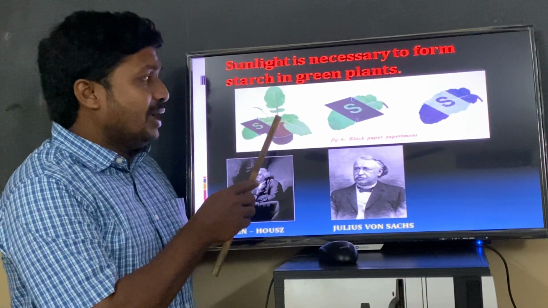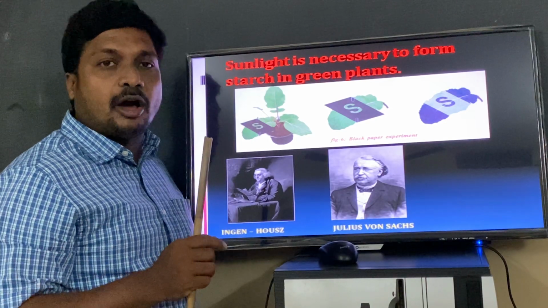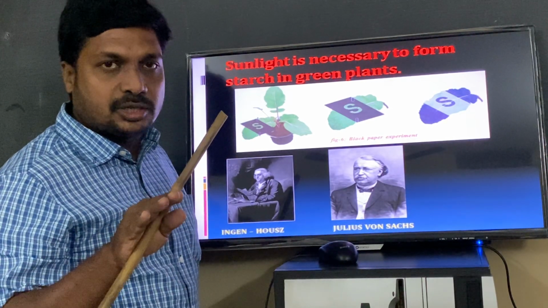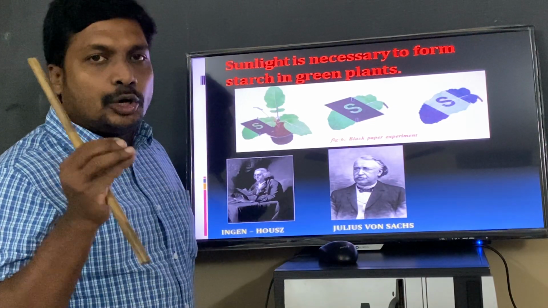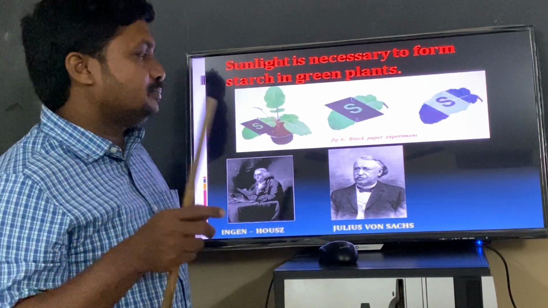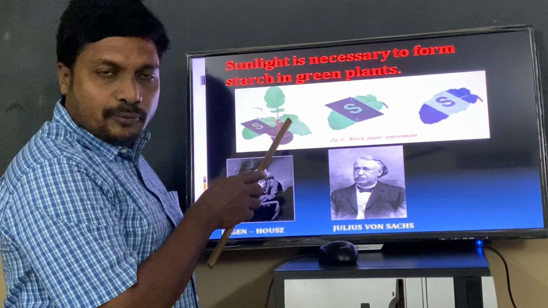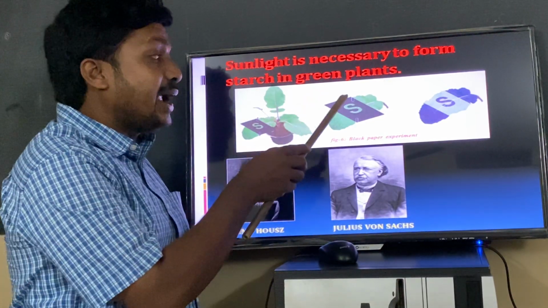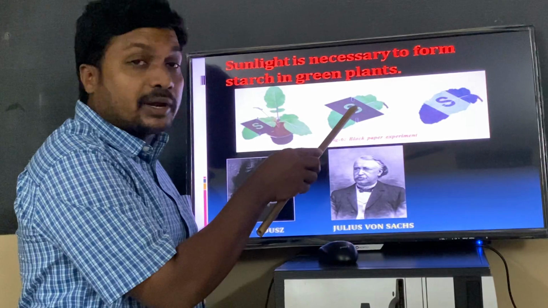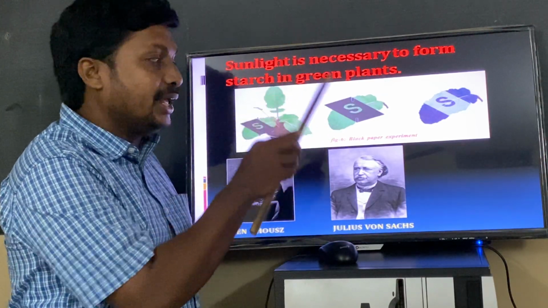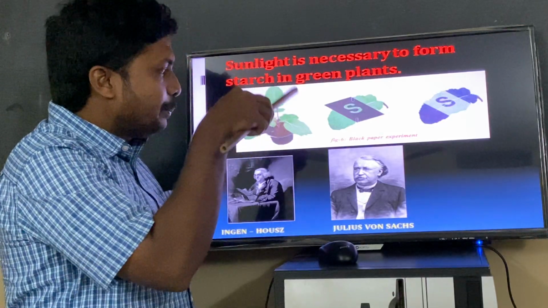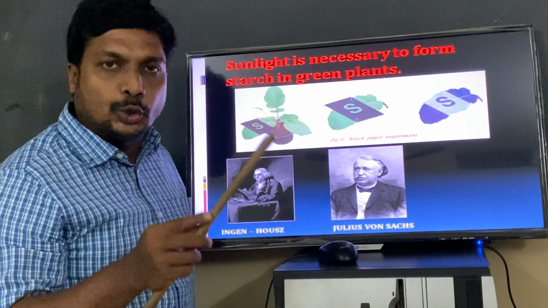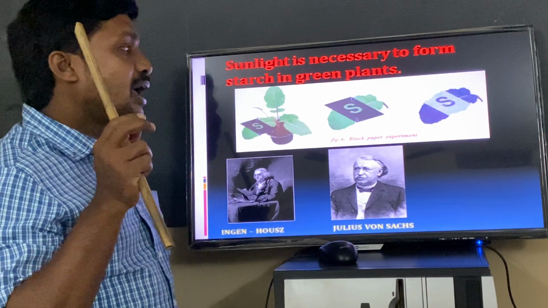Procedure. Take a well-potted plant, keep it in the dark for a week to de-starch. Do you remember de-starch? You learnt in previous classes: removal of starch from the plant. Select a narrow leaf and attach a light screen with an S-shaped cut portion to one of the leaves. Keep the entire setup, meaning the entire potted plant, in sunlight for 3 to 4 hours.